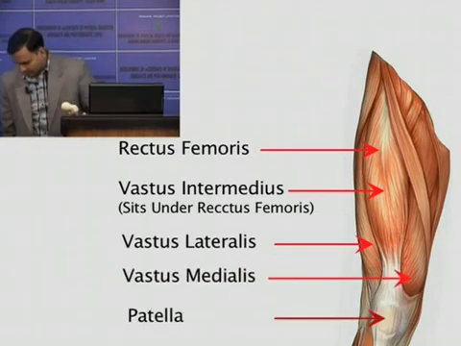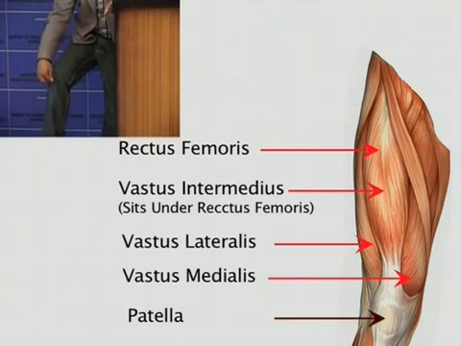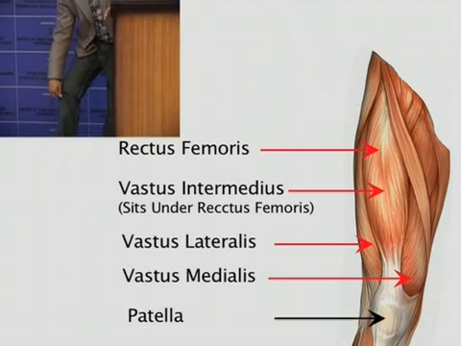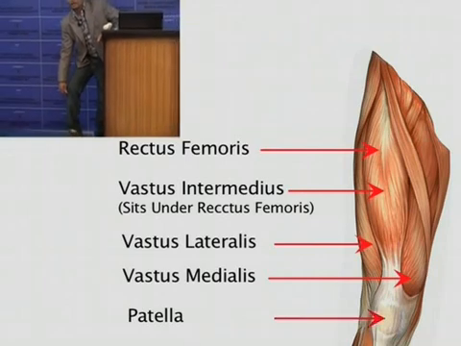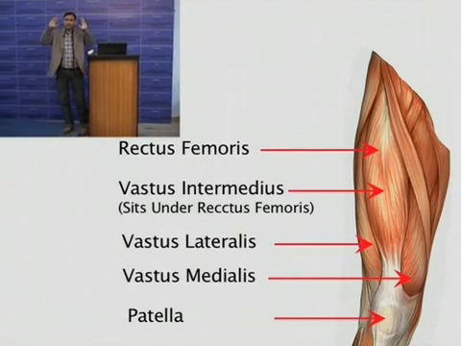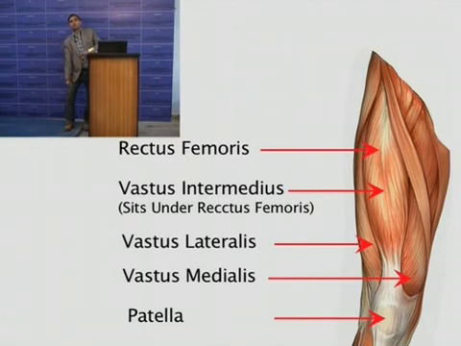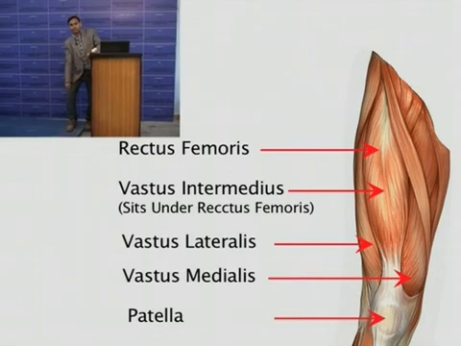Over the tibial tuberosity means this is the tibia. This is the tibia bone, and there is one prominence here. You can feel the prominence over your tibia. This is known as the tibial tuberosity. So all four muscles of the quadriceps are uniting at one point and making a tendon known as the patellar tendon or quads tendon. At one end, the quadriceps muscle is attaching over the patella, and at the other end, the patellar tendon is attaching over the tibial tubercle.